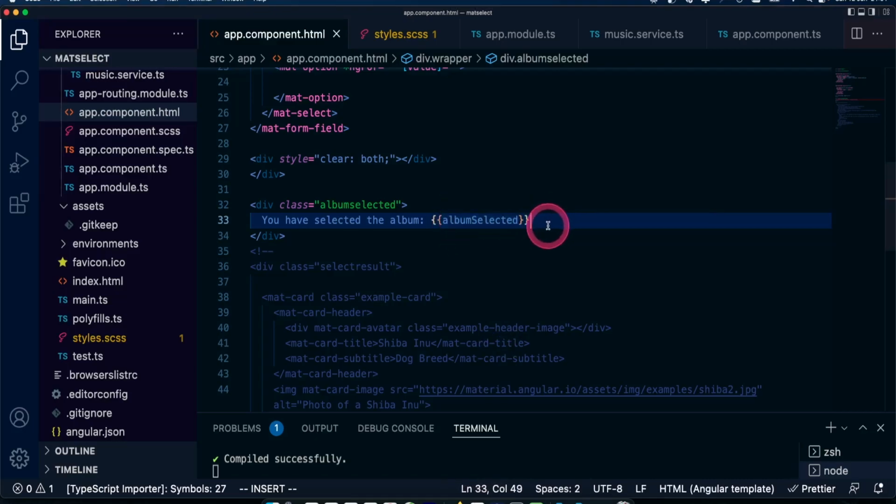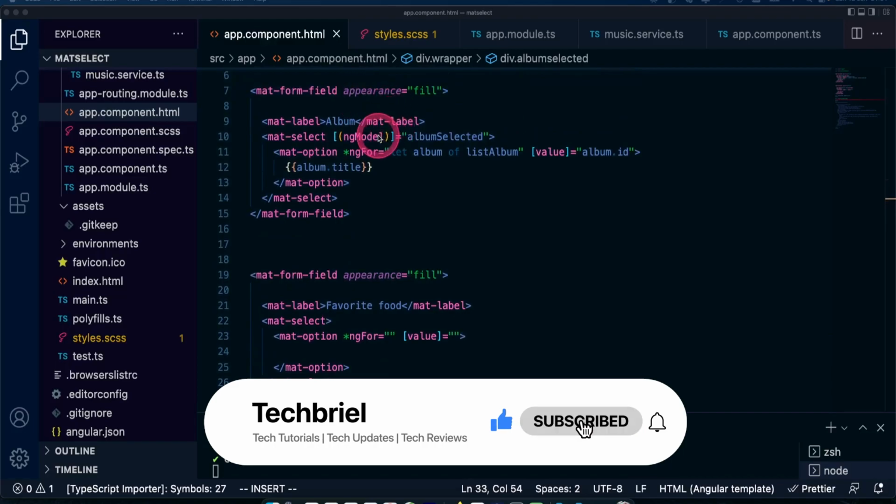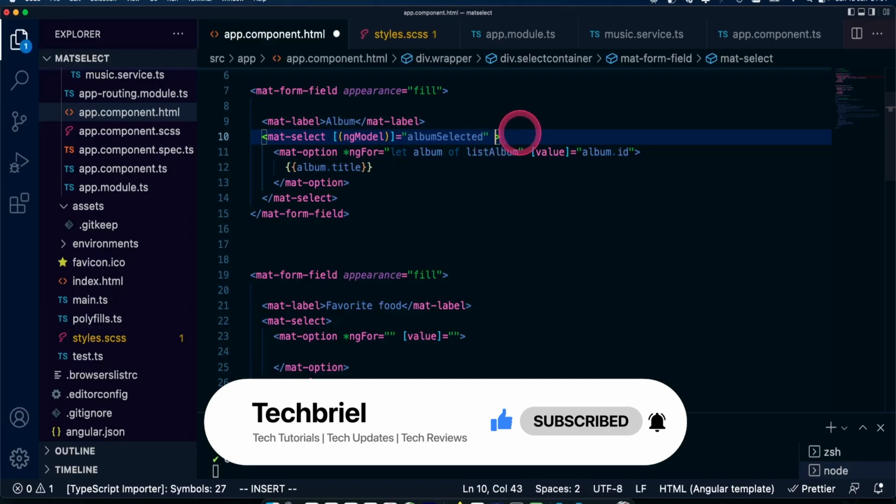Now I'm just going to comment this out. So here, we're going to create an event, and this event would be on album selected. It's going to perform an action.